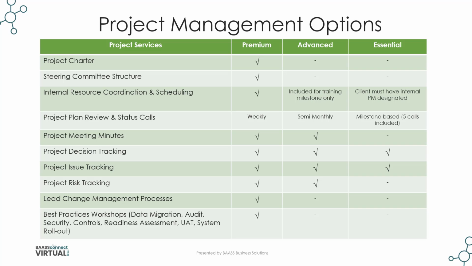At BAASS, we have 3 traditional project management options: Premium, Advanced, and Essential. When it comes to a premium project, it includes all options of our package. It also includes a weekly status call, which differentiates from the other plans. In a premium plan, you'll expect a project charter, a steering committee meeting, which will happen monthly, internal resource coordination